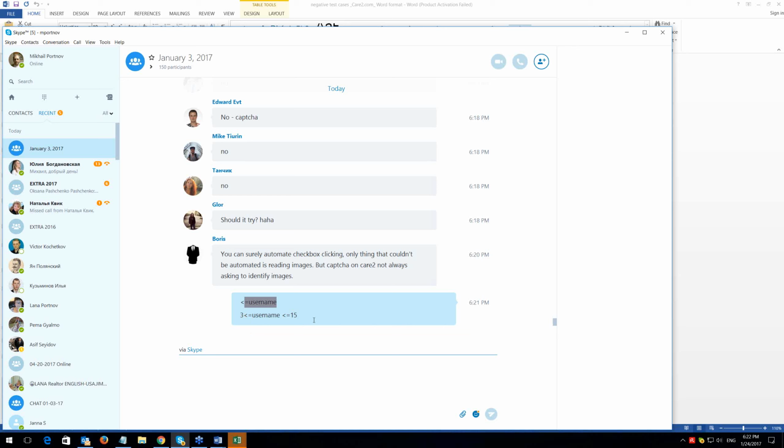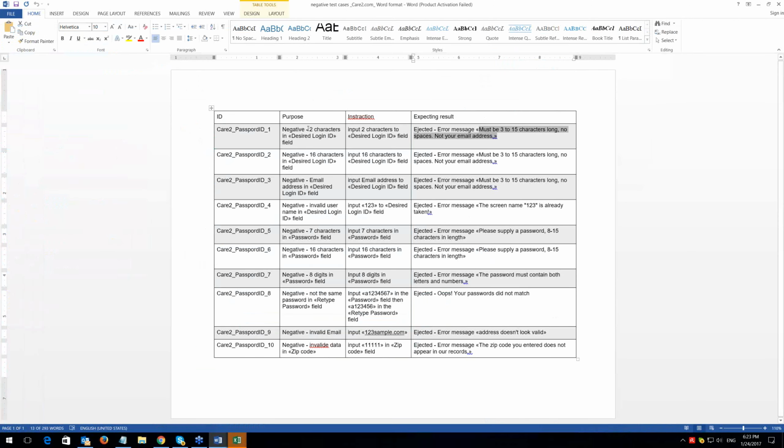So why do we run boundary condition testing? Because there is a very high probability that an error, a bug, occurs exactly on the boundary, exactly on the border, when we change the value, when the property of the information of the field is changed. That's why this is a great thing. And I see here 2 characters, absolutely less than desired.